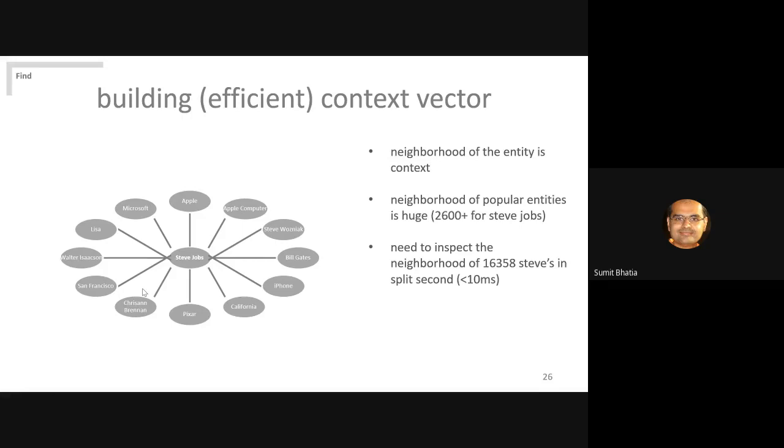And then you explore the neighborhood of these individual entities. If the context was iPhone, you find that the neighborhood of Steve Jobs is very much related to iPhone. The neighborhood of Steve Austin is very much related to WWE wrestling. Obviously, if someone is talking about iPhone, you need to go with Steve Jobs and not Steve Austin. So this is the high level approach, the high level intuition.